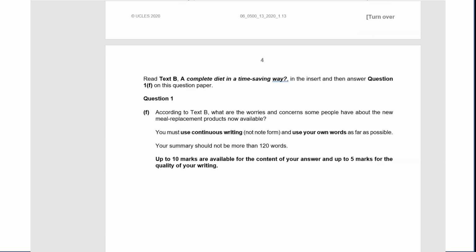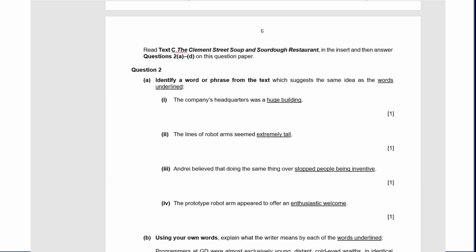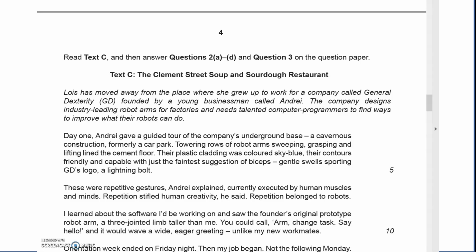Okay, so as mentioned, I am not going to do the summary question until the end because that's worth a lot of marks, 15 marks. I'm going to read text C and I'm going to do the new question 2s. So text C, the Clement Street